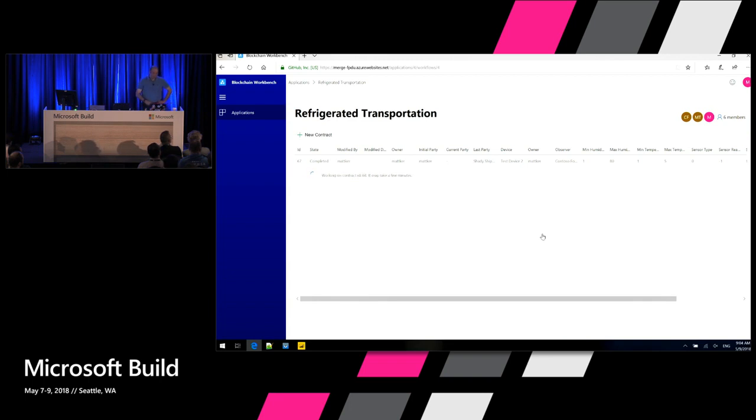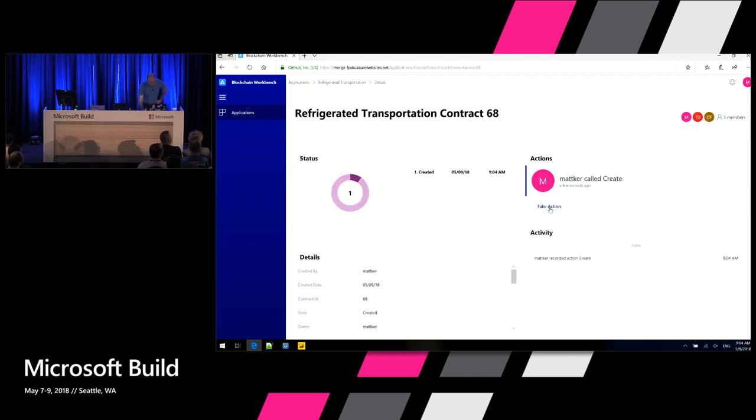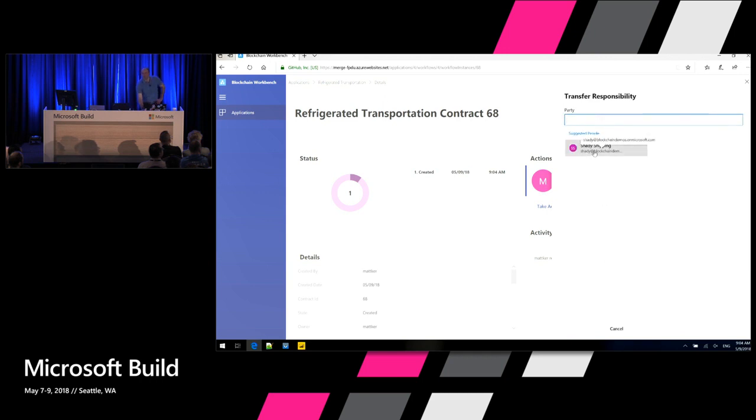Here it goes. Now what's happening is the website sent a REST call to the API gateway. It formatted a message, put it on service bus. It's being consumed by the microservice that formats the transaction, signs it, and posts it to the ledger. And then we pick it up, put it into the database, and the UI here refreshes for you. So I'll go into that contract. Now it's been created. And I'm going to transfer that shipment to a shipper. And I'm a cheapskate, so I'm going to use Shady Shipping.